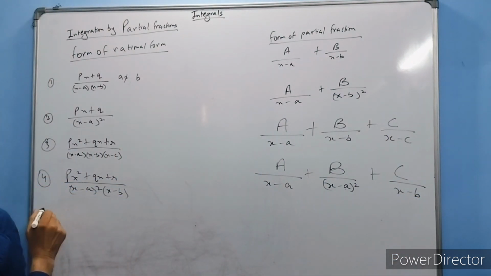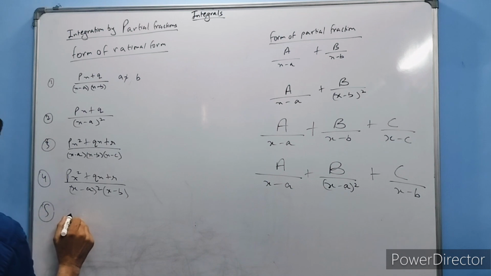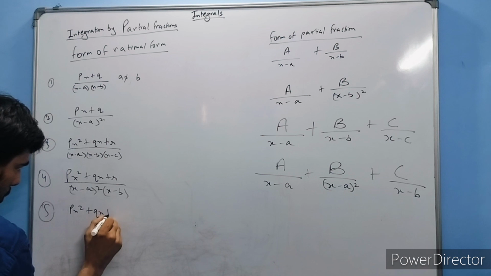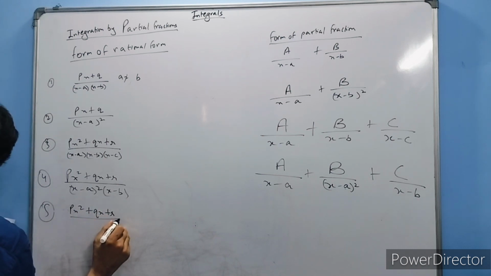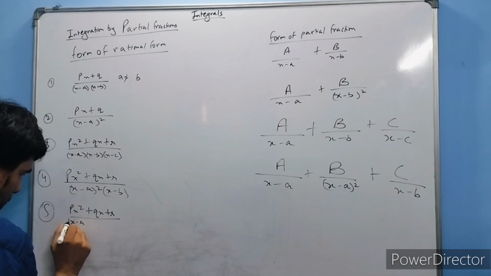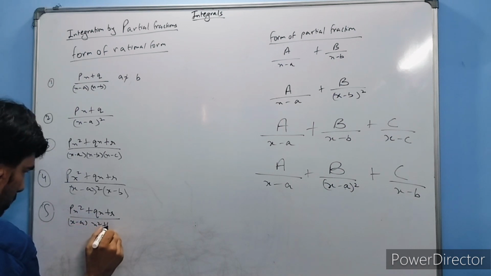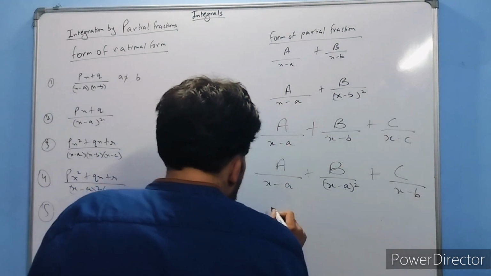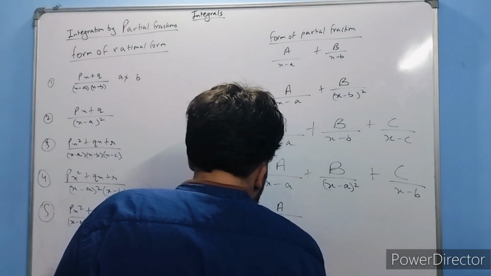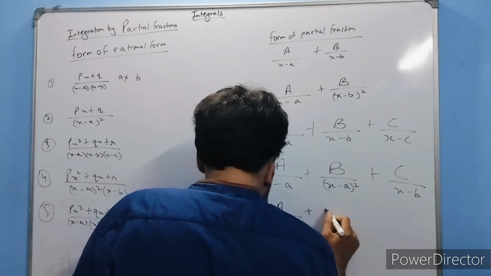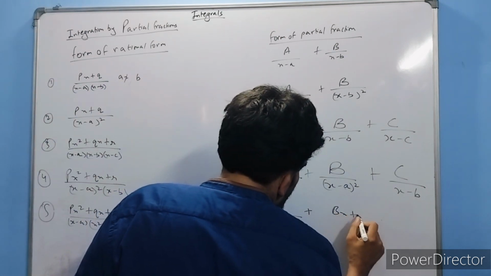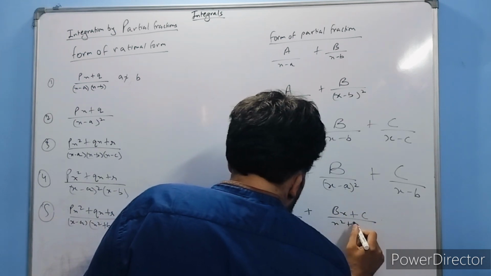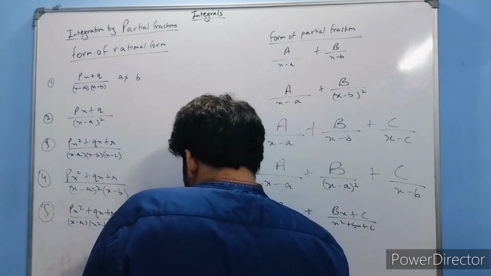And the last one I have is px square plus qx plus r upon x minus a, x square plus bx plus c. So we'll have A upon x minus a plus Bx plus C upon x square plus bx plus c,